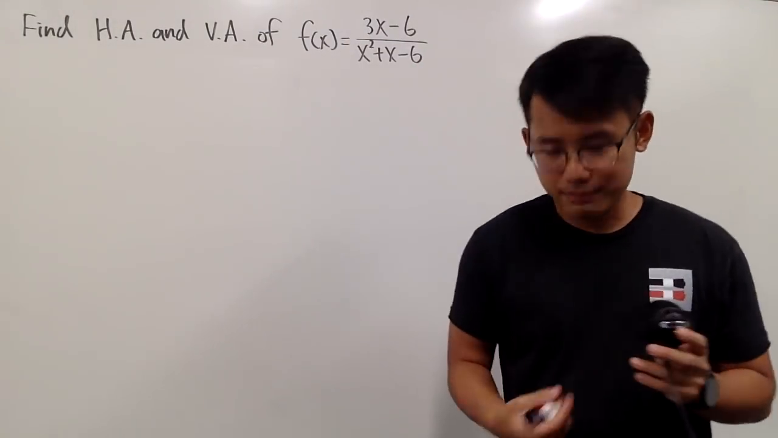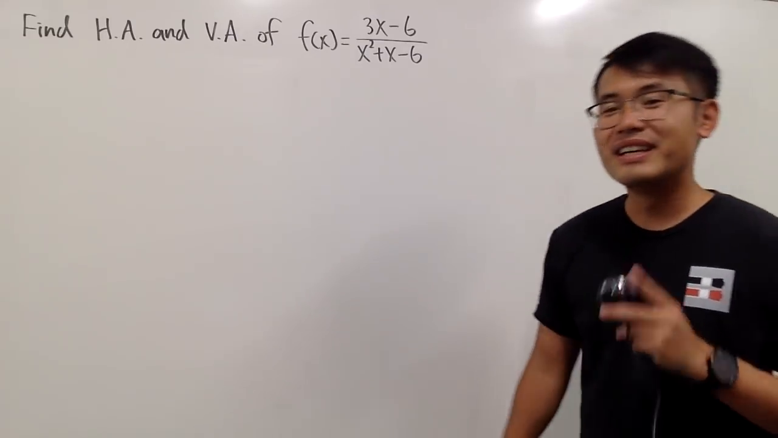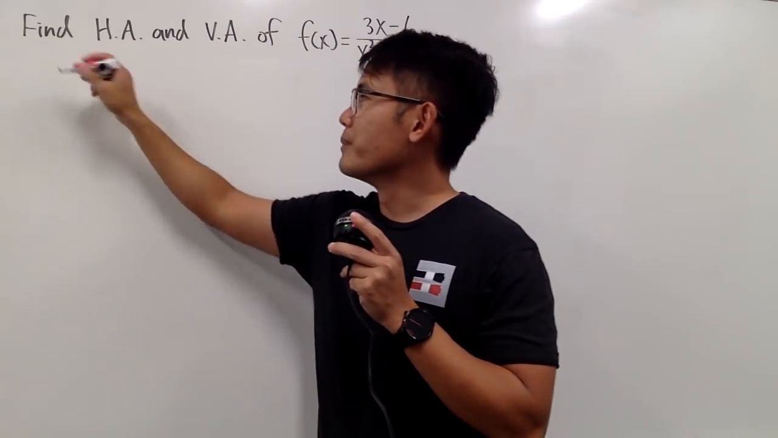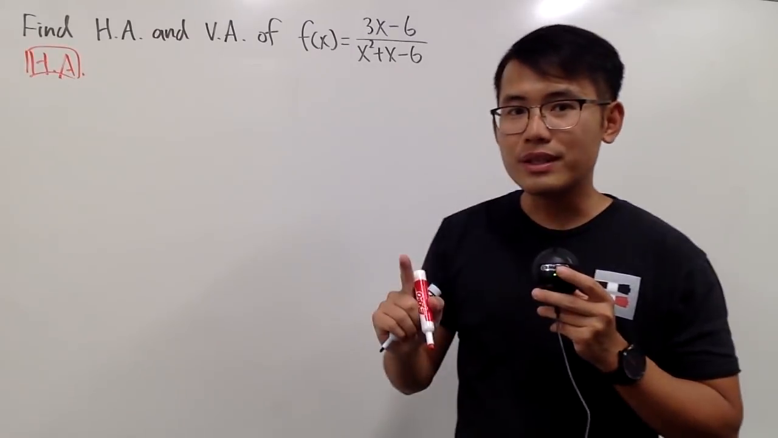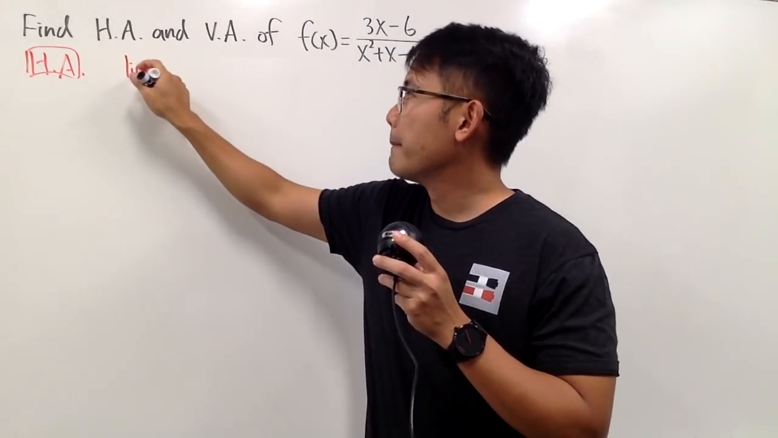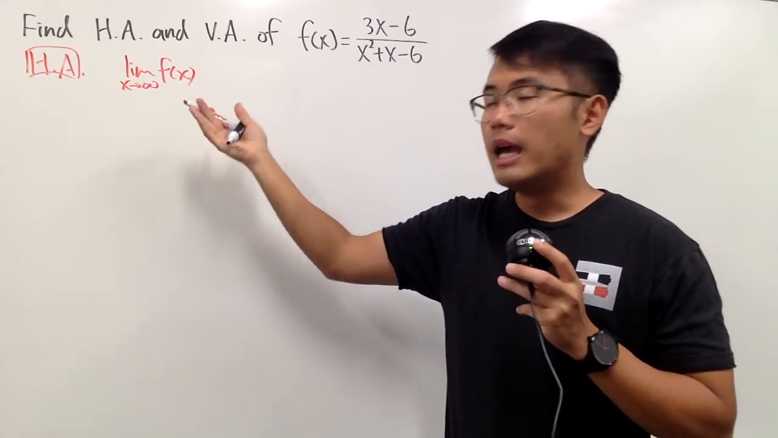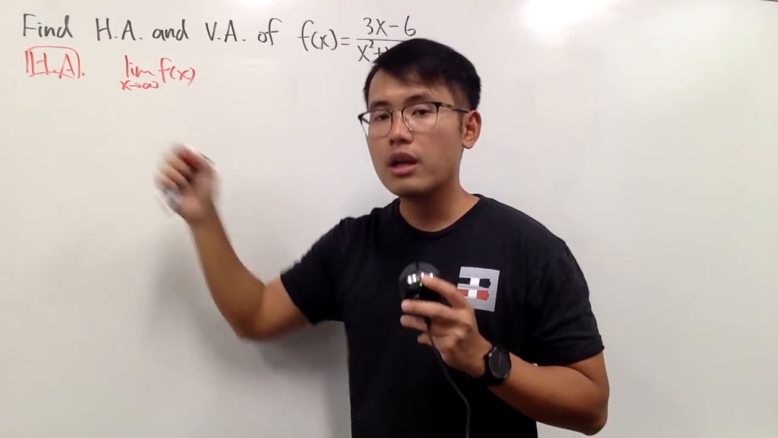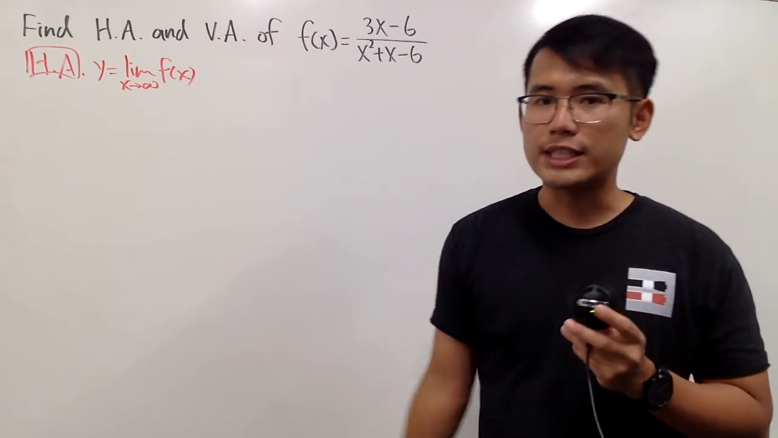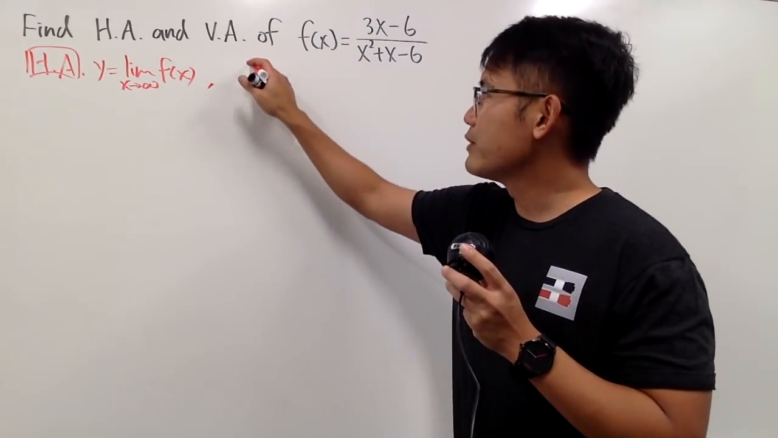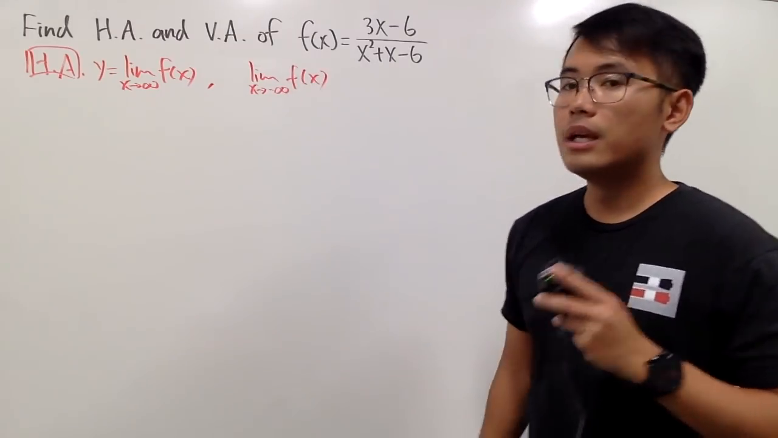Okay, in this video, I'll show you how to find the horizontal and also the vertical asymptotes of this function. First, for the horizontal asymptote, remember, we have to take two limits. The first one is the limit as x approaching positive infinity of this function. And if we do get a finite value right here, then y equals that finite value will be the horizontal asymptote. And we also have to work out the limit as x approaching negative infinity of the function, because